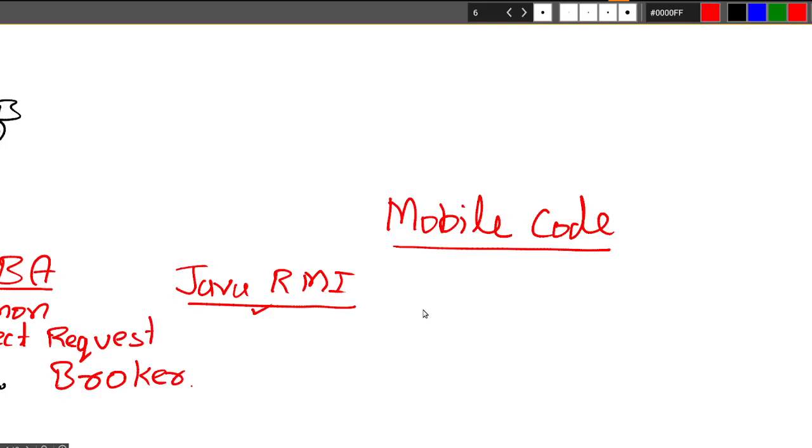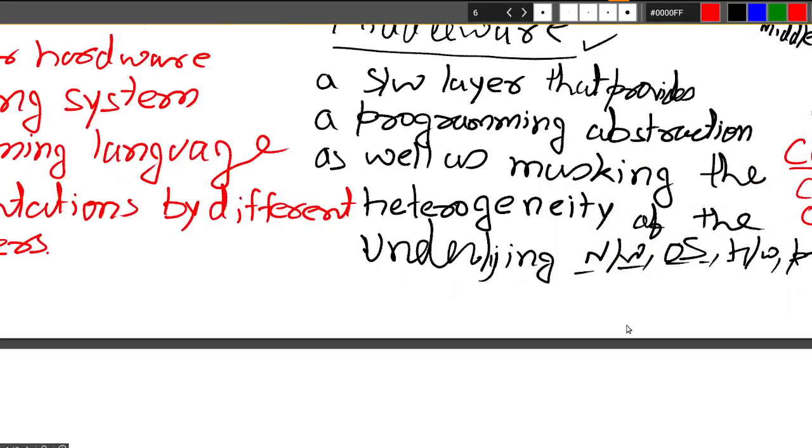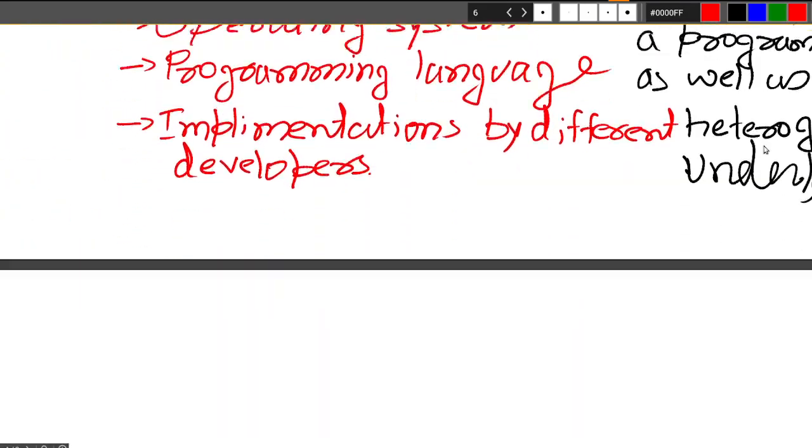Now we can go for the next challenge, which can be called openness. So we have seen heterogeneity, now we are going to see openness.